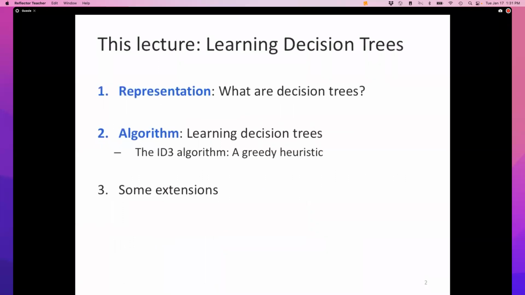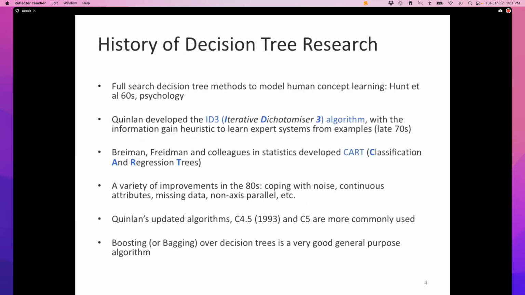So we've already seen what decision trees are, and let's now worry about the learning algorithm. I kind of mentioned this earlier. Research on decision trees has been around forever. There's work in psychology in the 1960s which talks about this. Perhaps in the context of modern machine learning, the name that always comes up when we talk about decision trees